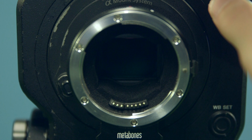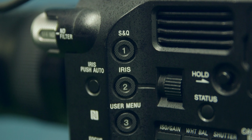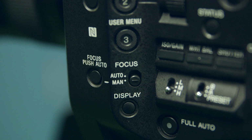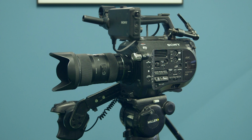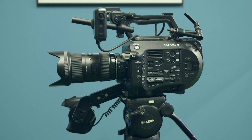Having a native ISO of 2000 is another really big selling point for me on the Sony FS7. Grainy images do not sit well in corporate video production, and having such a high ISO threshold means that shooting doesn't require powerful lighting kits to compensate. This gives you flexibility when filming in a variety of locations, from well-lit conference rooms to dingy theatres, with minimal